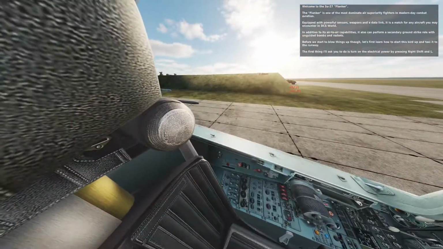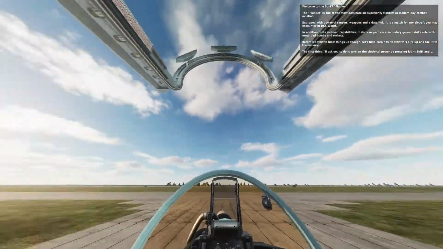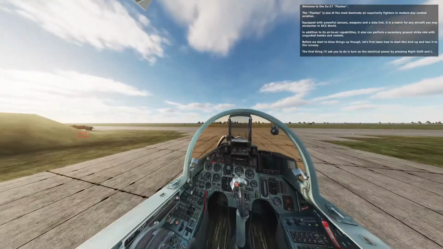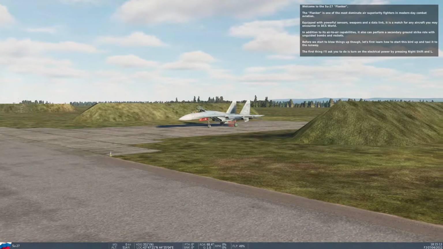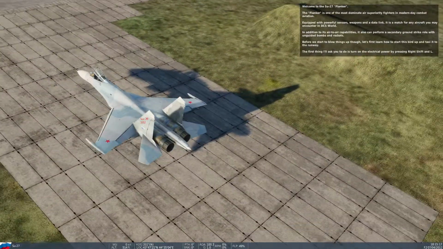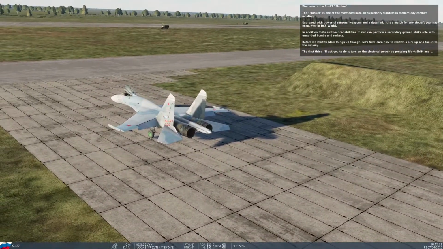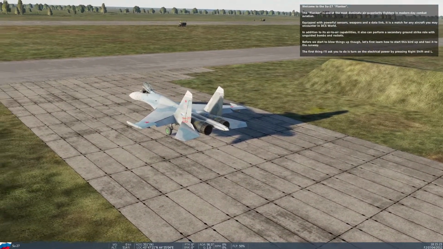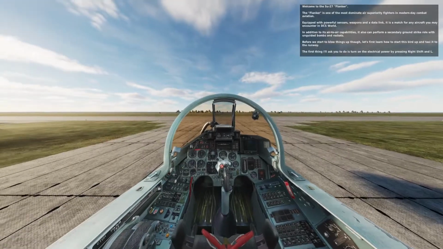Welcome to the Su-27 Flanker. The Flanker is one of the most dominant air superiority fighters in modern day combat aviation. Equipped with powerful sensors, weapons, and a data link, it is a match for any aircraft you may encounter in DCS World. In addition to its air-to-air capabilities, it can also perform a secondary ground strike role with unguided bombs and rockets. Before we start to blow things up though, let's first learn how to start up this bird and